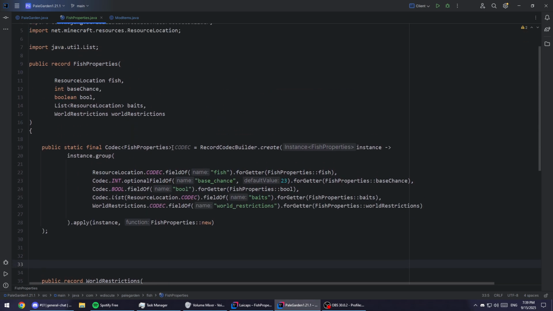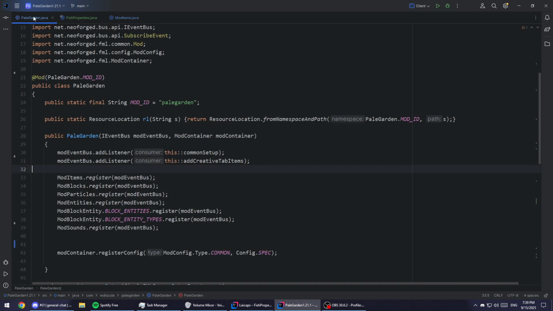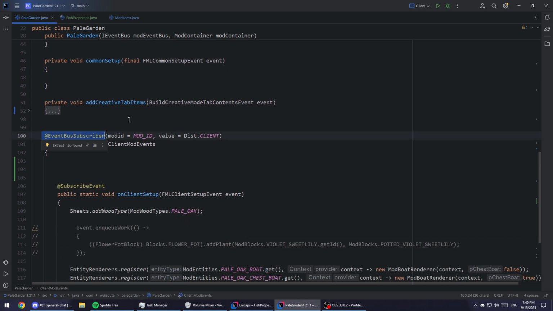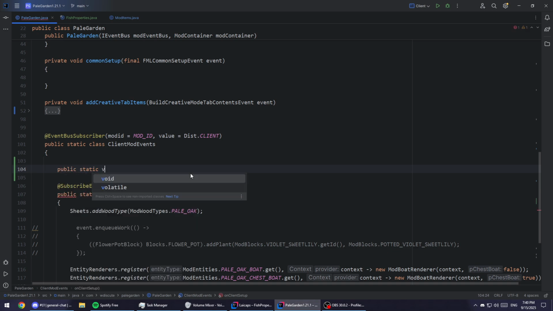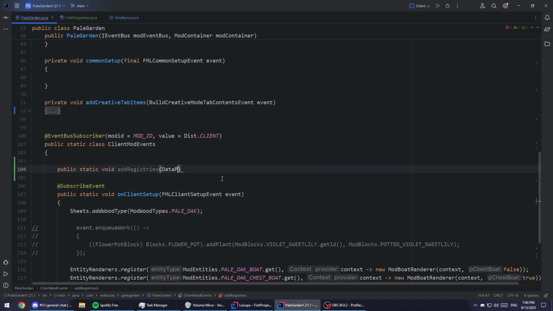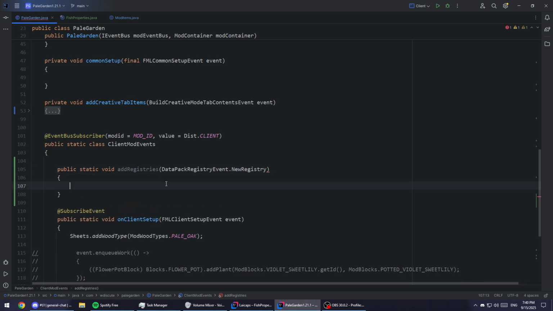Okay, so now that we have the codec and you understand more or less how a codec works, one of the types of codecs anyways, we need to actually register this for the datapack registry. And to do that, we go to an event. So in your main mod, you're probably going to have an event bus subscriber like this. And if so, you can just do a public static void, let's call it add registries. And this is going to be a datapack registry event dot new registry. And here we do event,